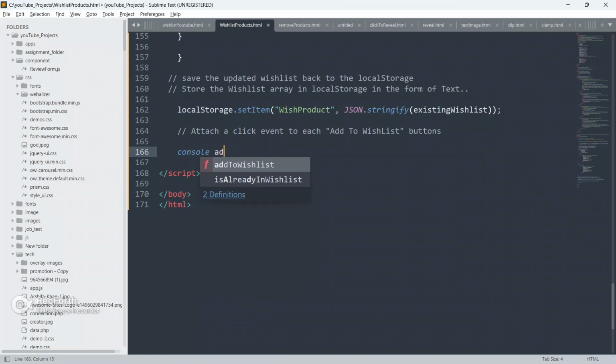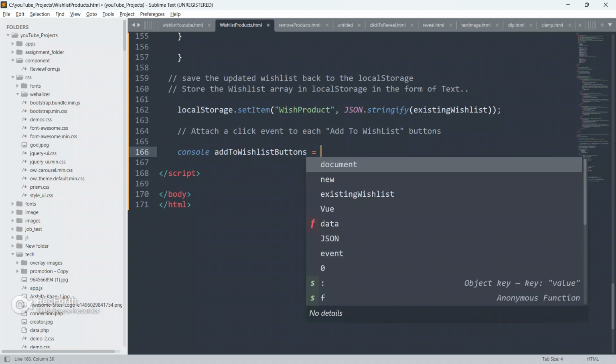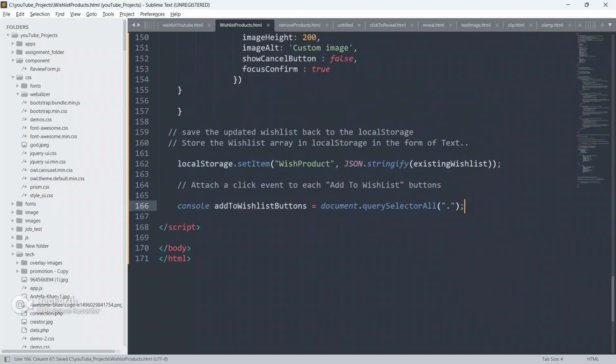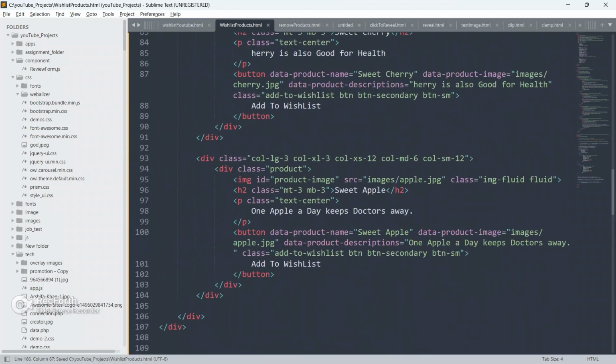So const addToWishListButtons, because we have lots of buttons here. So document.querySelectorAll, and I am gonna select the buttons by their class.